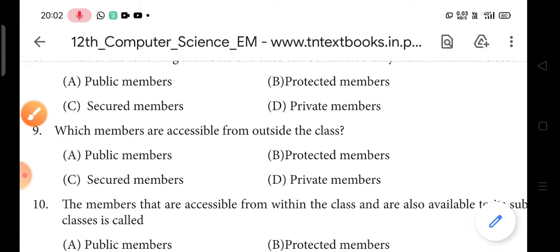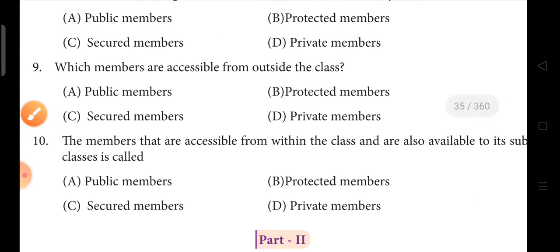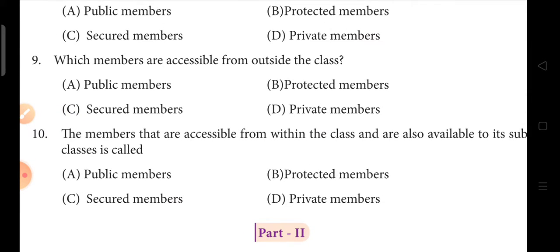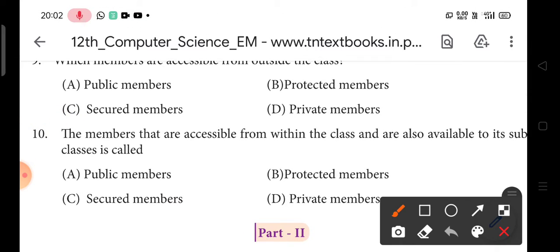Answer is public member. The members are accessible from within the class and are also available to its subclasses only, means the answer is, what is the answer? Protected member. Okay, only its class and subclasses means the answer is protected members. Anywhere in the program means public, only within the class private. Okay,